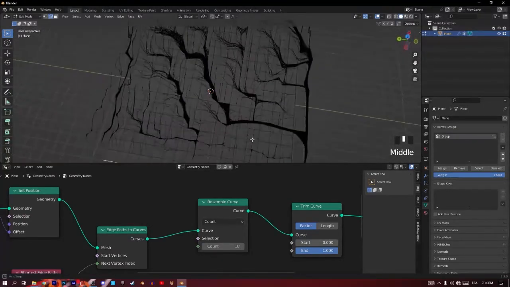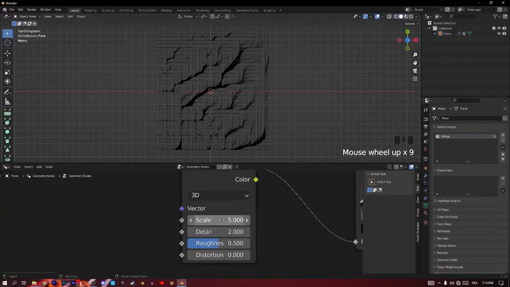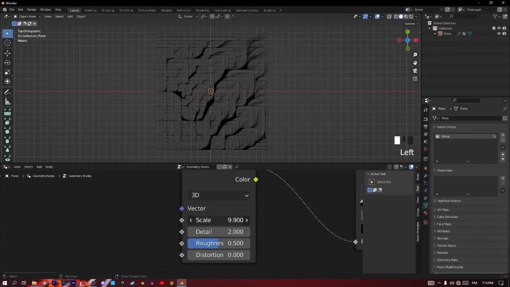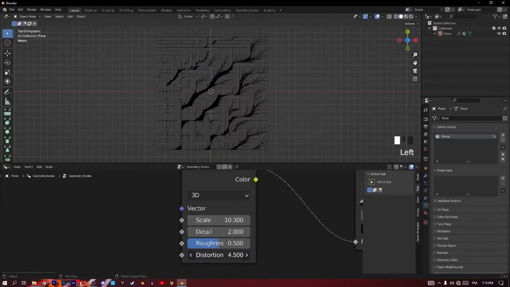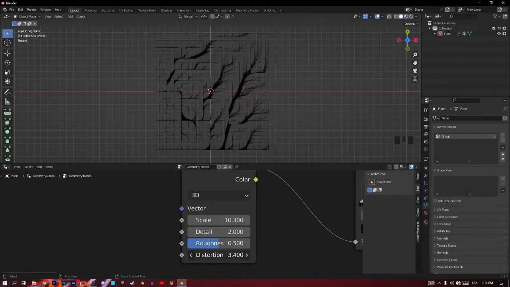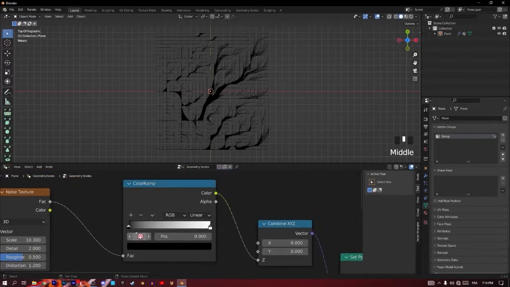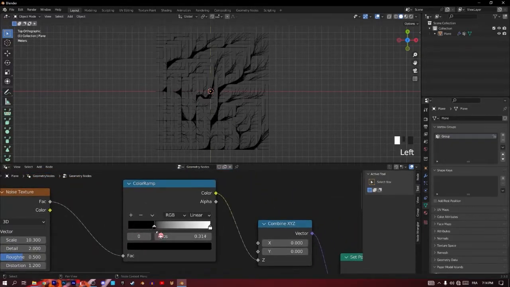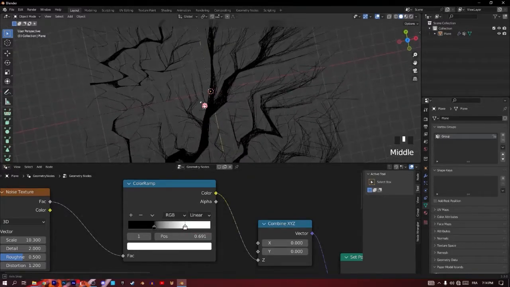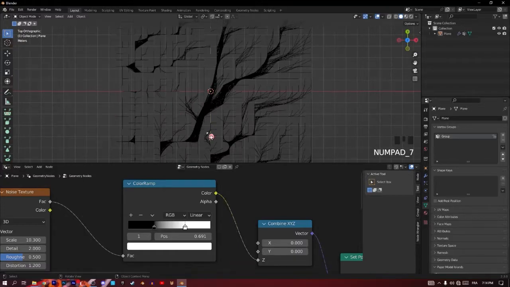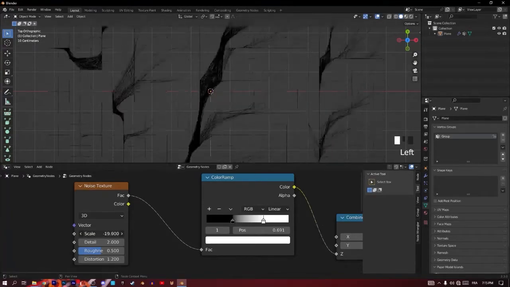Yep, it's cool, guys. Now we need to make the scale of this noise texture bigger, so we have more shapes like this. If we play with distortion, okay, we got something interesting. Okay, if we control it with this color ramp, what is it going to do? Okay, more shapes. And if you can see, a lot of edges are dead right now, but if we make it small, oh yes, yeah,